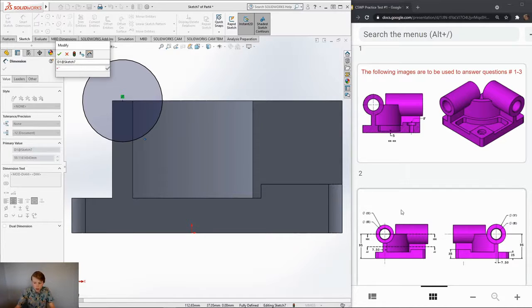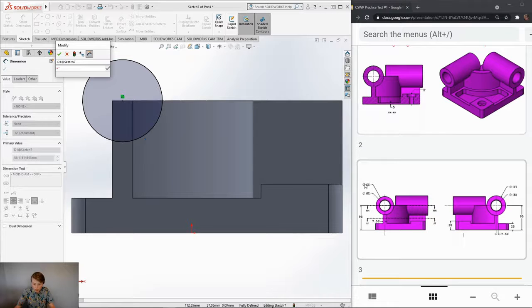So I know the diameter of this left one is equal to x,